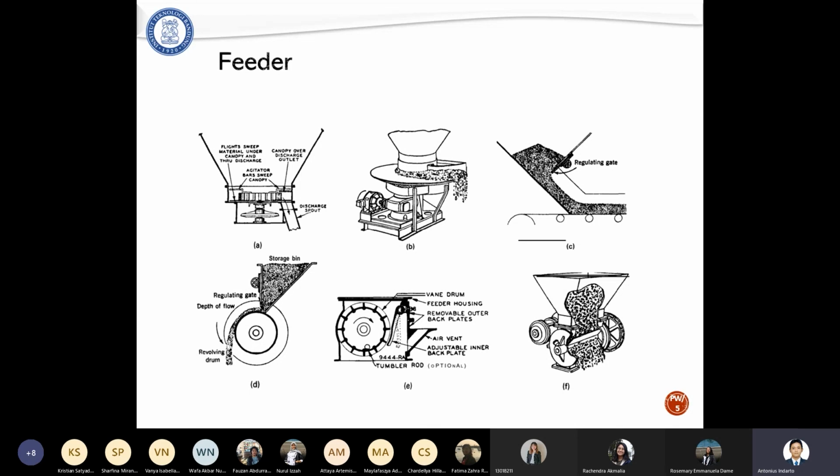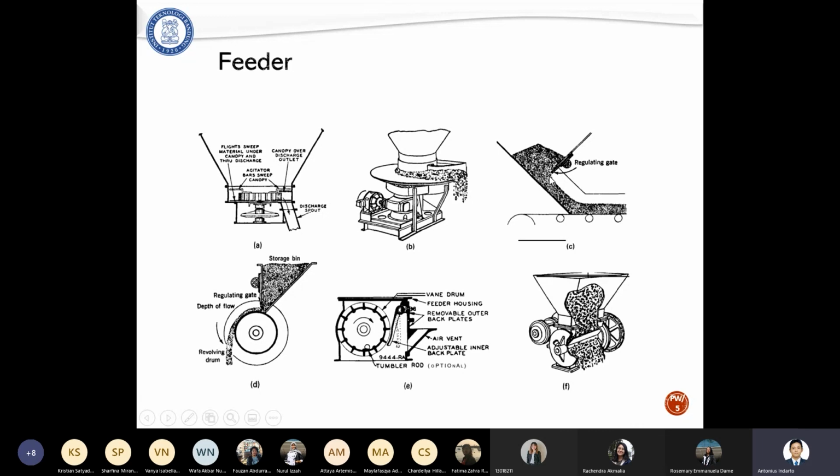One function of the feeder is to control the rate of solid coming into the solid storage, and also to break up possible agglomeration. From this one, there is a regulating gate, which controls the amount of solid particles entering the storage.